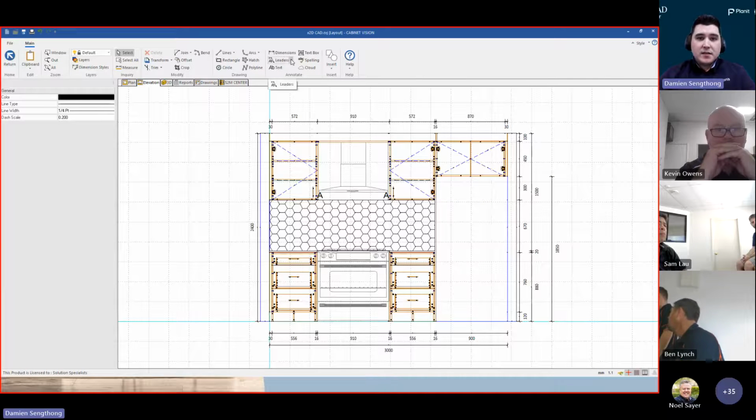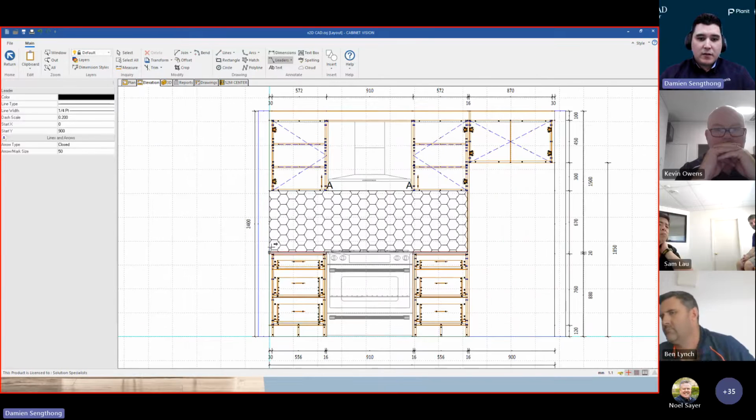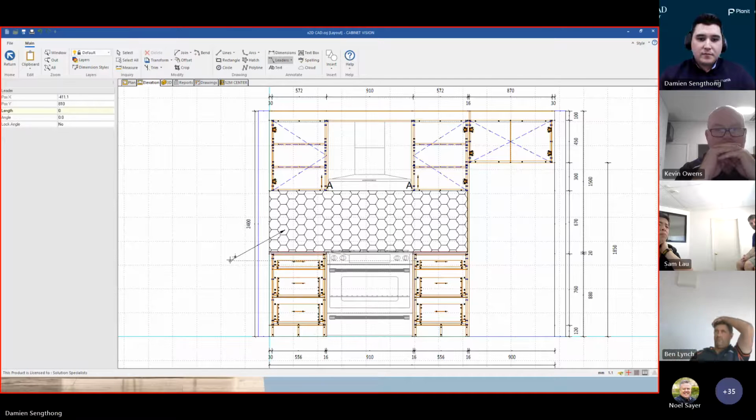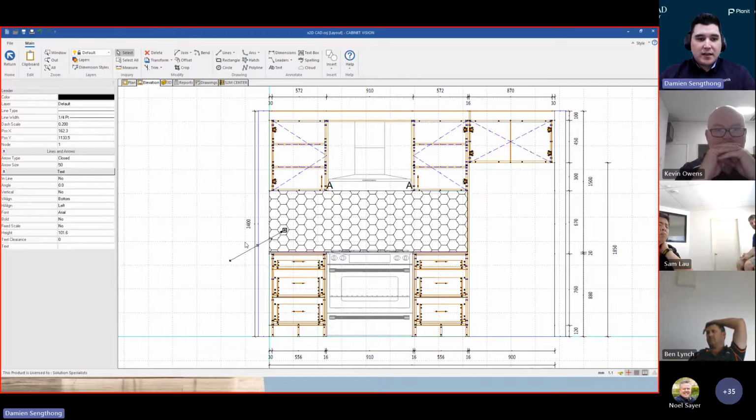Moving on to leaders. Now leaders, the best way I could explain it is basically just like an arrowhead, allowing you to highlight any particular aspect of your drawing. So utilizing the first leader here, if I select anywhere on the drawing and right click to cancel the function, we'll just place a leader like this. So there's no actual text. You can apply text after the fact by doing like this. So you can say tiles,